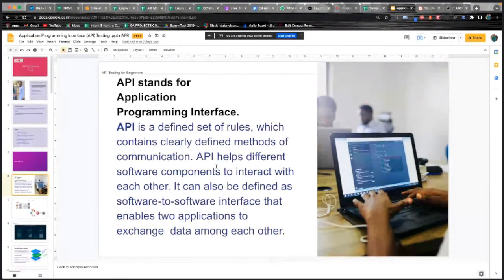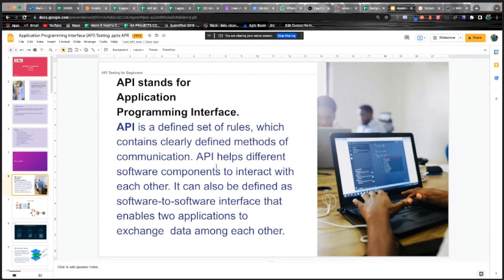So let me give us a better explanation of how API works and what is API. So API is just like a set of rules, more or less like a middleman in between two applications, to interact with each other. An example I can give you is I have a restaurant, so I'm going to categorize the restaurant as a server, and